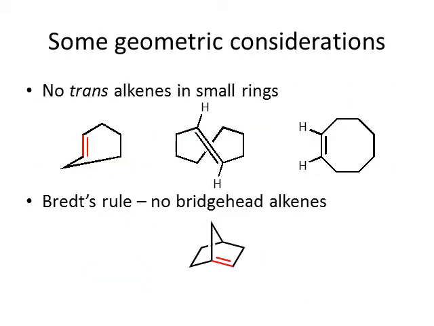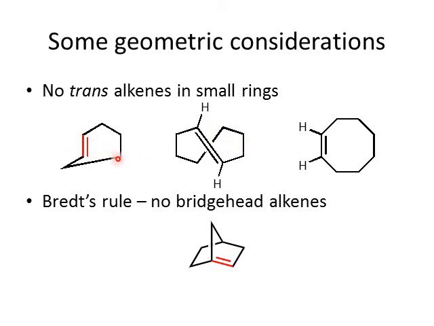Now there are some other geometric concerns. If you've got a small ring, like a 6-membered ring, you just can't have a trans double bond. Take out your model set and try and build it, and you would find that it's just way too strained. The bonds just don't work. The smallest ring that can have a trans double bond in it is a cyclooctene, but even that is a highly strained double bond, and it would rather be a cis double bond. Once you get to much larger rings, then you can build rings with trans double bonds, but for small rings,